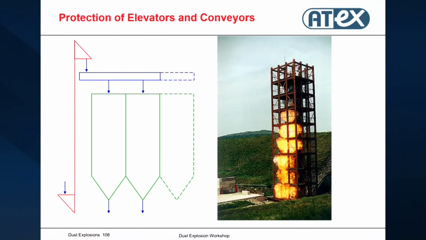If you look at how to protect an elevator, of course, the easiest way is to say explosion venting. Yes, you can use explosion venting for elevators, and as I said, it's the natural way of protection. But you still need explosion isolation. And as you can see in the experiment here with the elevator, if you have frequent vent openings, you have flames everywhere. And these flames also carry pressure, which can create dust clouds and create secondary explosions. But what it also does